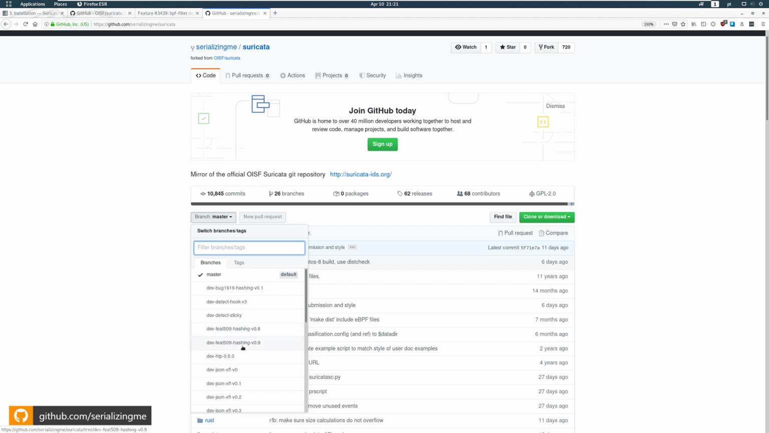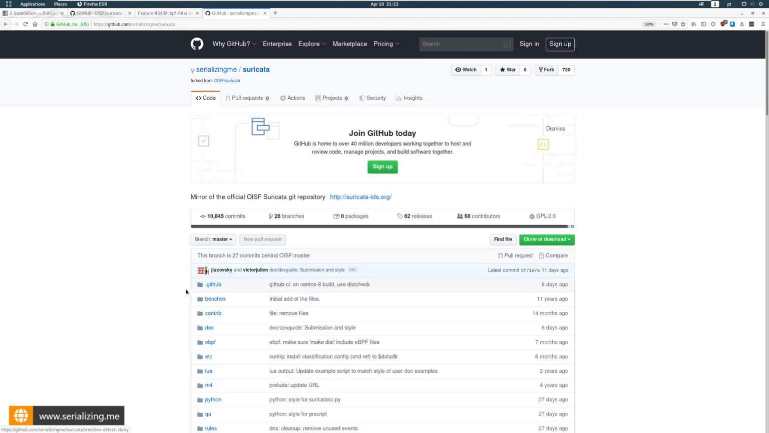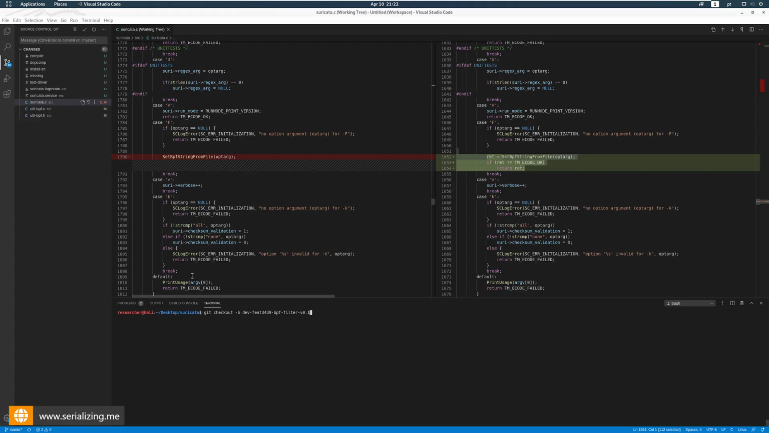I think I deleted all the branches, but you can see here, this feature 509 took 9 iterations just to get it done. The dev JSON was 5, JSON exported 4, and I don't have the old ones. I only have these later ones. Interesting. So if I do this,